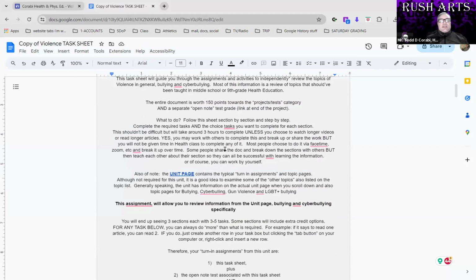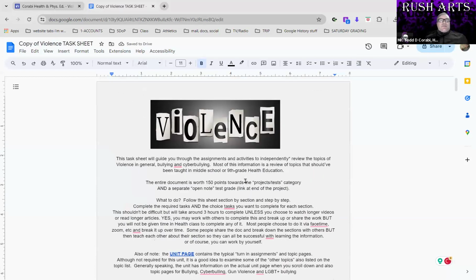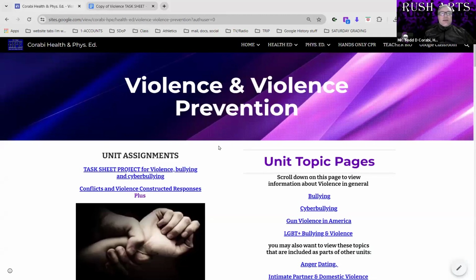Collectively, the 11th grade health education program, in terms of what the state of Pennsylvania suggests, is skills-based. So for violence, instead of learning specifically what violence is and why people commit violence, in 11th grade what we're supposed to be doing is giving you the tools to prevent violence, make healthier decisions concerning violence and safety, and helping teach you self-defense. Most of these topics realistically are taught in middle school and ninth grade health education, but you don't have health education until 11th grade in the Arts Academy of Benjamin Rush. So this task sheet is pretty much a review.